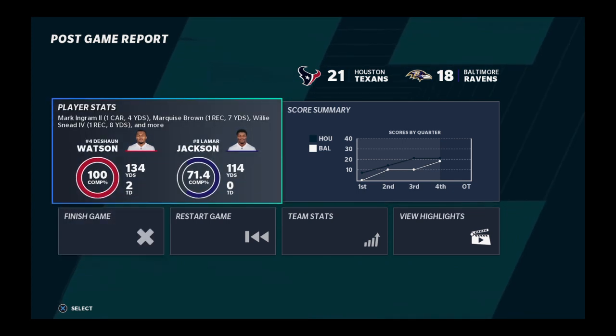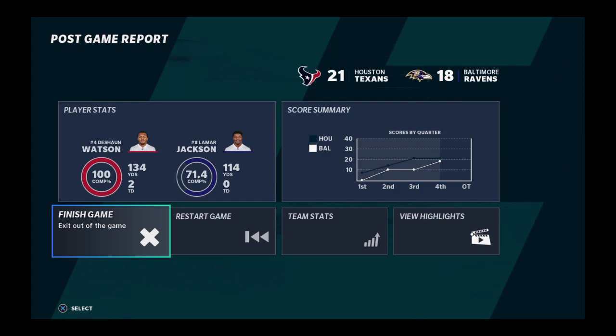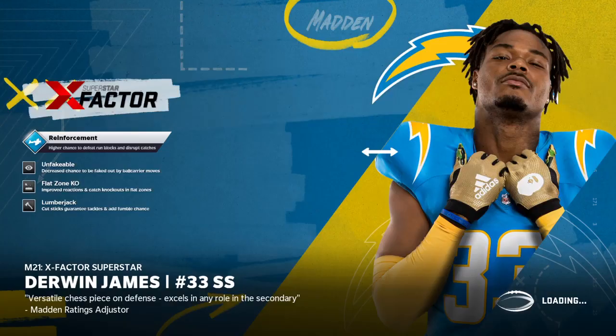So Houston going to come away here with the victory. And you look back over the score sheet, interesting. A very